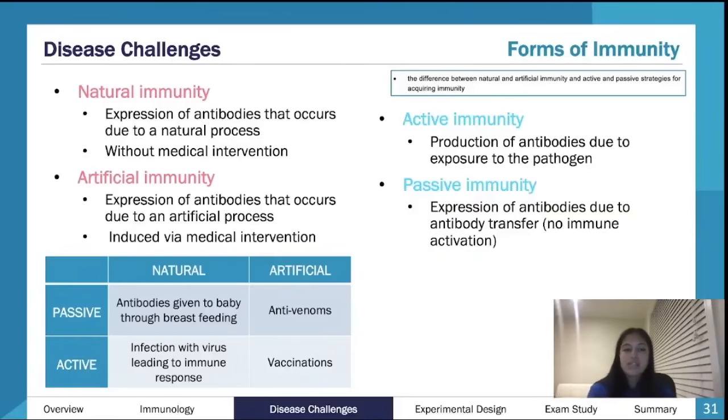And then lastly, your artificial passive. So you are getting someone else's or something else's antibodies via medical intervention. So if you are bitten by a snake or something, then you will get this antivenom, which contains these sort of like pre-made antibodies. So that's why it's passive, because you're not making the antibodies yourself, and it's artificial because it's not coming naturally through your mum, it's coming from wherever else. Okay,